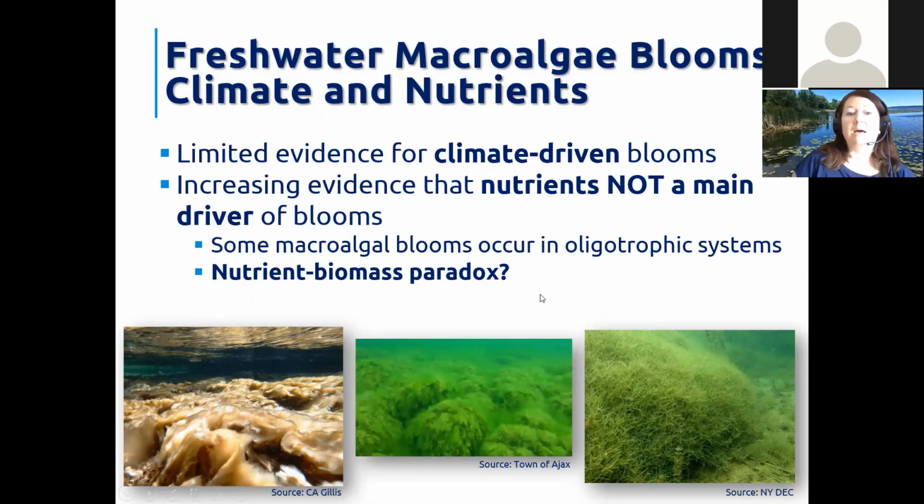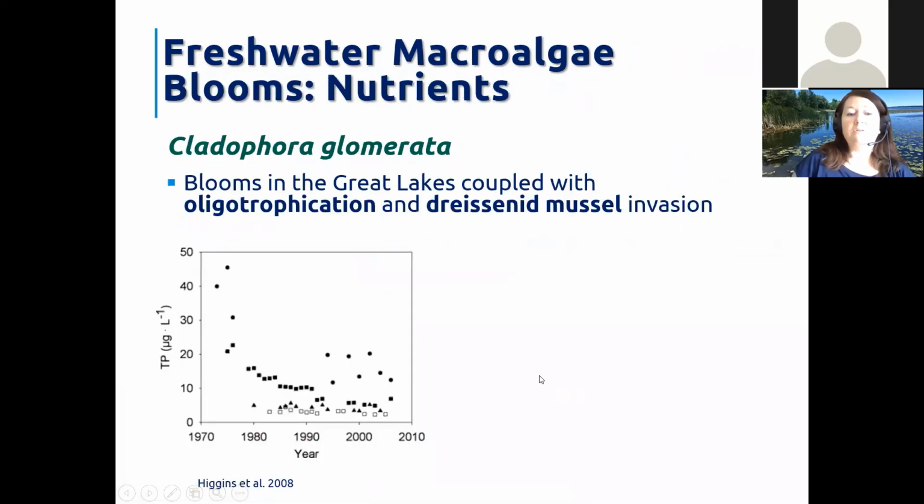And so this is very different from phytoplankton blooms because there's lots of work that's been done to show a direct relationship, particularly with phosphorus, in driving bloom-level abundance. So the question is then, is this a nutrient-biomass paradox? Can we have such high levels of biomass with relatively low nutrients? So I'll just talk about a few examples with Cladophora and with didymo, the first one being Cladophora, where Cladophora has a long history in the Great Lakes,